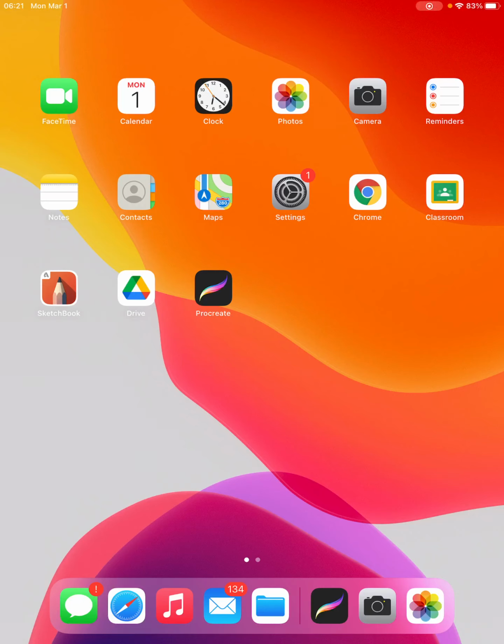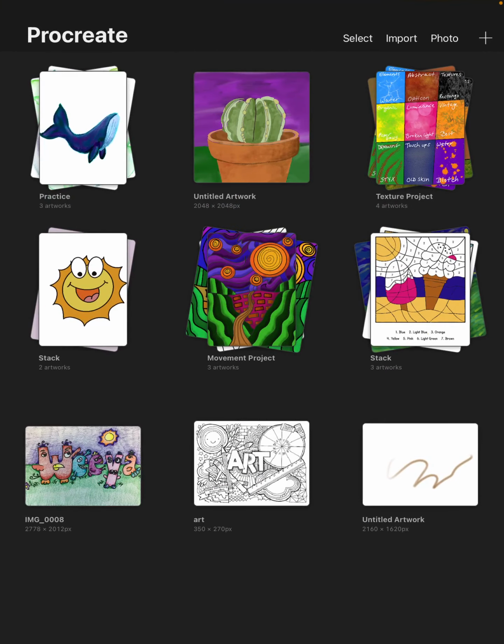Today we are starting a new unit called Textures, and it's going to be a texture project. So you want to go into Procreate. Now in Procreate, in order to add a new project, you click the plus sign, or you can actually open